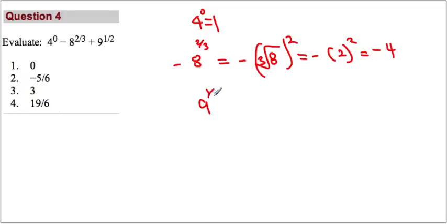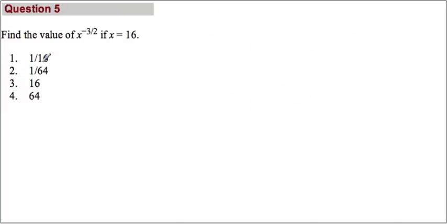9 to the 1/2 power. What is that equal to? That's simply equal to square root of 9. Then that's equal to 3. But we have to add up all three things. So 1 minus 4 plus 3. The sum is equal to 0. Choice 1. Here, similarly as before, if you have to put 16 in place of x, so we get